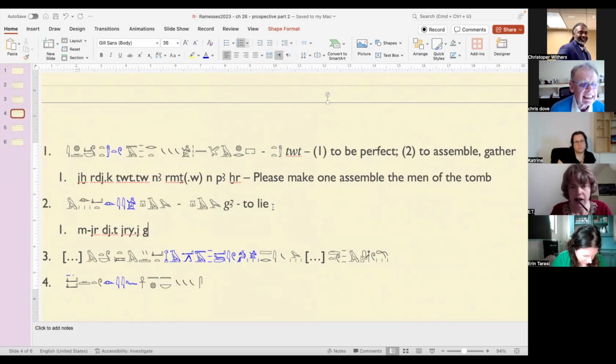Ga, that's right. And ga is to tell a lie, or to lie. So does it mean don't make me tell a lie? That's exactly what it is. Perfect. Now we just need the grammar. How does this work?